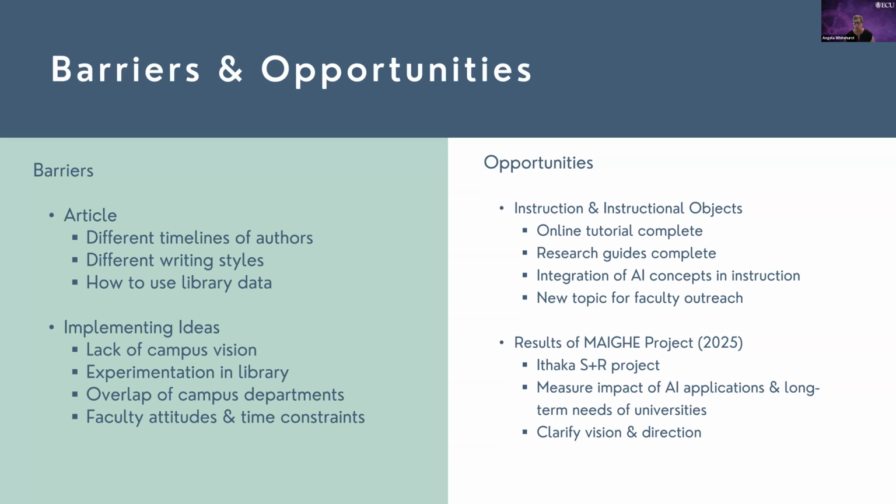And as I mentioned before, the university administration is sort of leaving this up to the faculty. So there's not one vision yet as far as AI is concerned and how we are going to deal with it. Same thing with experimentation in the library. Some of us have jumped on AI pretty quickly, others have not. And one thing that came out of one of the interviews I did, that I thought, well, there might be some overlap between departments and you have to figure out who is responsible for what, because one of the people I interviewed said that they would like a